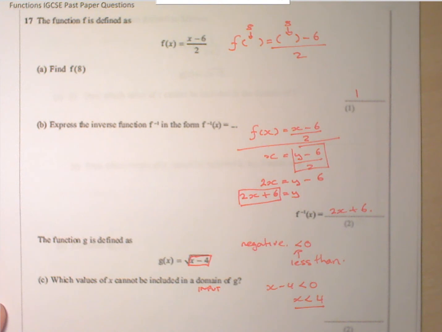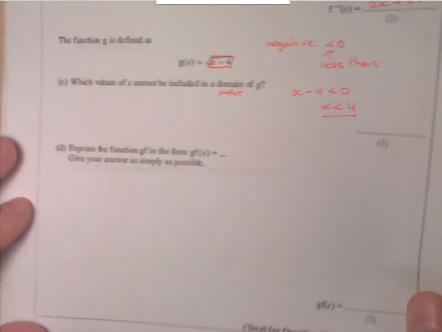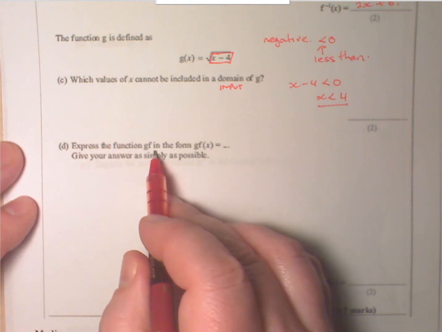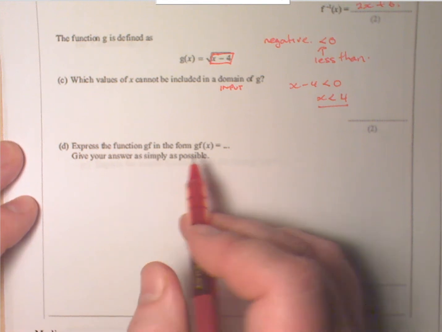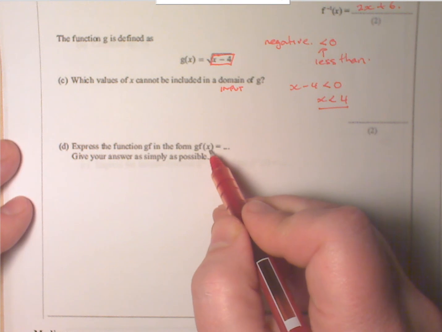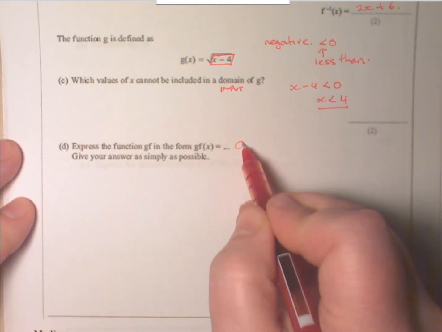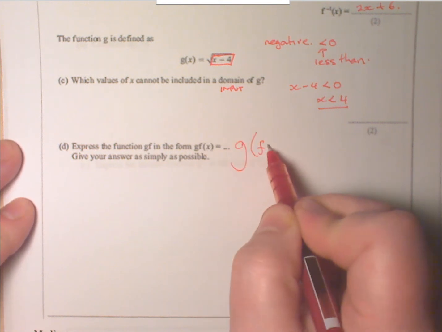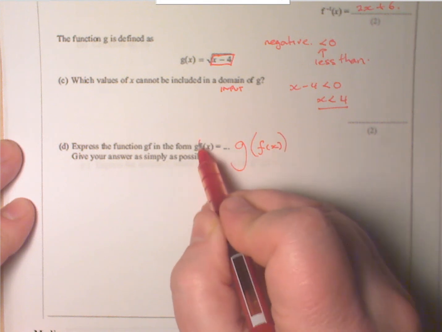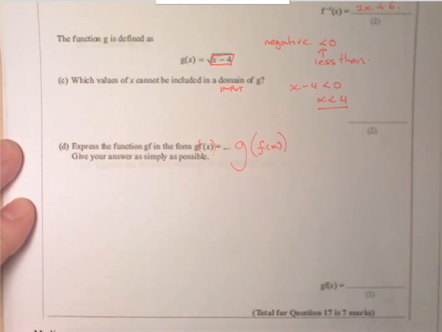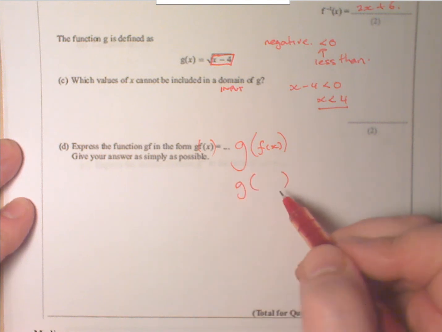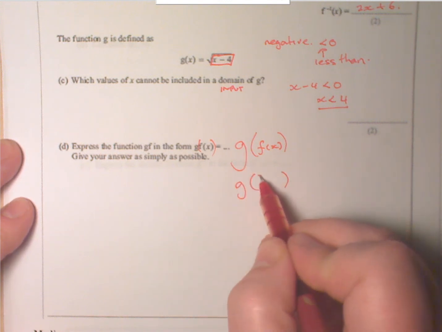Okay, last part of the question. In this part of the question, express the function g of f in as simple terms as possible. There's no number or letter to put in other than the x. So let's stick the x in. Remember, you should do it so that f of x is embedded. You work from the inside out. And f of x is, if you look at the top of the page, x minus 6